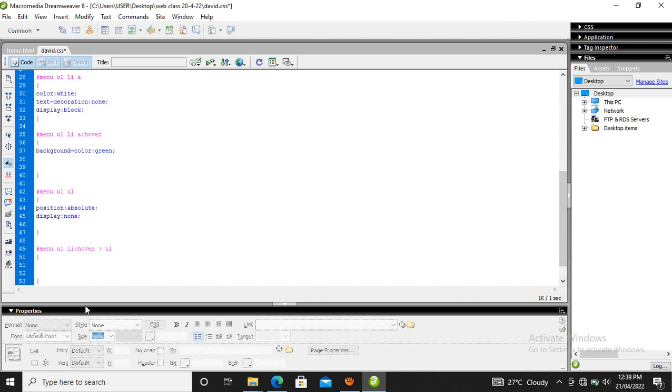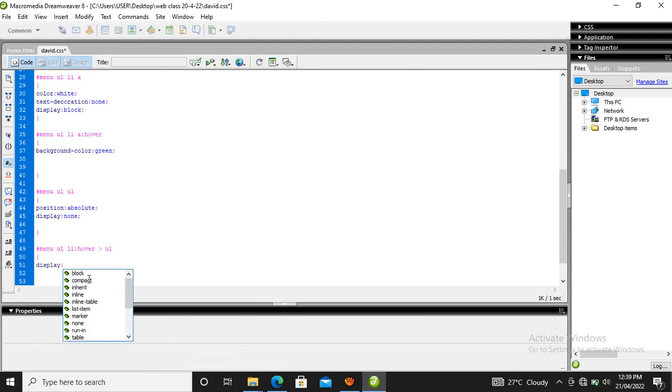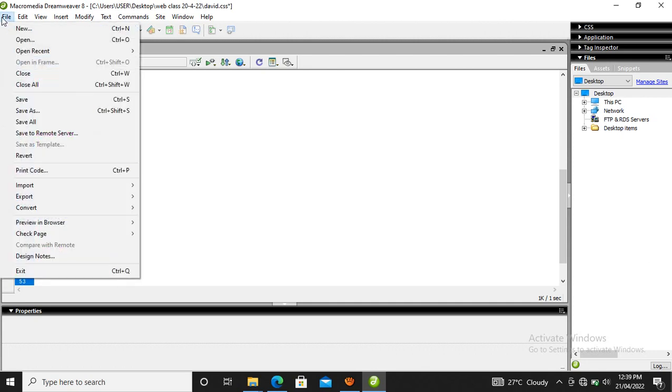Is it in this place? I will come to this place and press enter. I will say display. This display, I will say block, so that the moment I place my cursor on news, the menu will stand. That's why I'm using block. It's different from the one where I say none. This one I'm saying block, so that when you place your mouse on it, it will stand to select any option I want. So if I go to file and say save all,